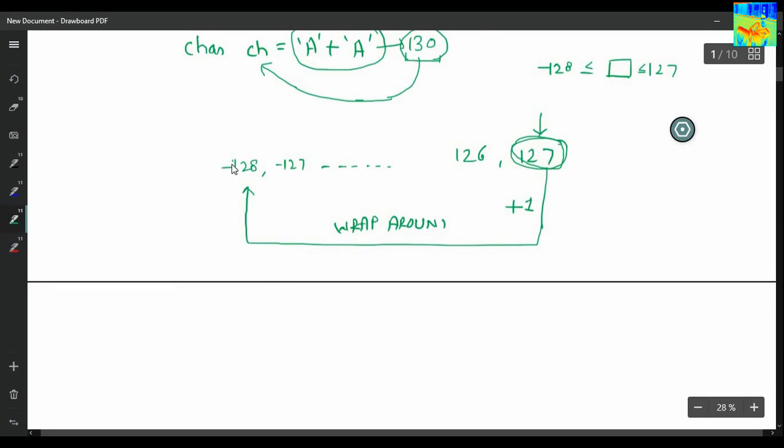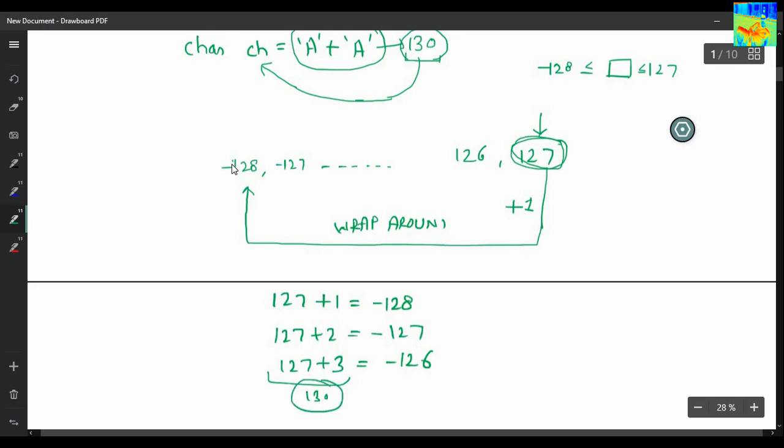So 127 plus 1 is -128. Similarly, 127 plus 2 is -127, and 127 plus 3 is -126. In this case, the value is 130, so the character corresponding to 130 is getting stored in ch, and that character is mapped with -126.